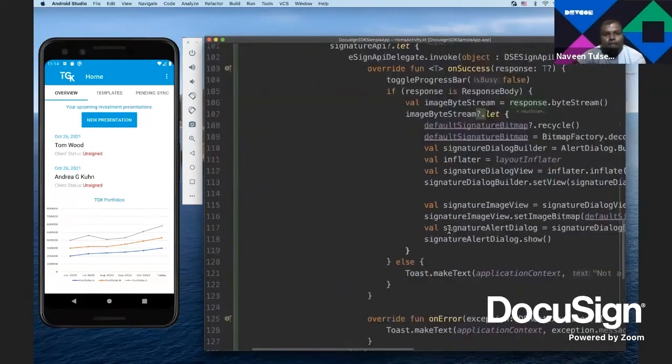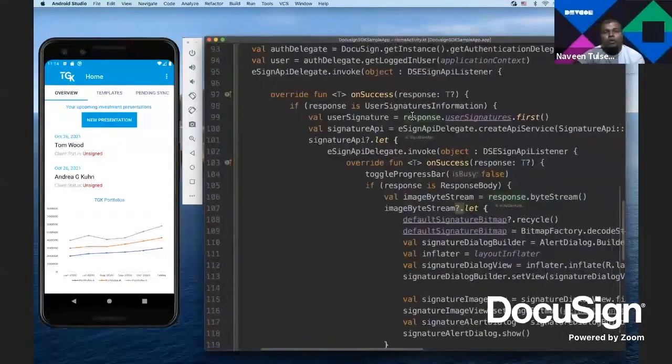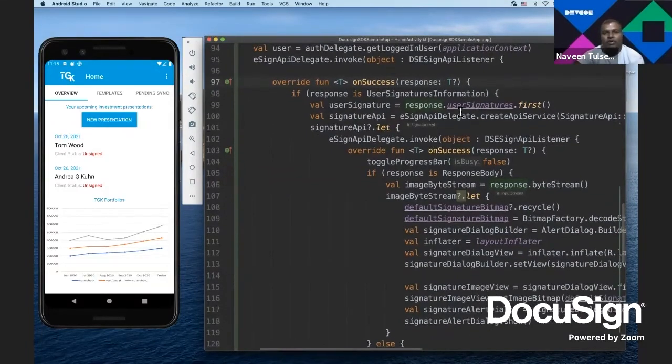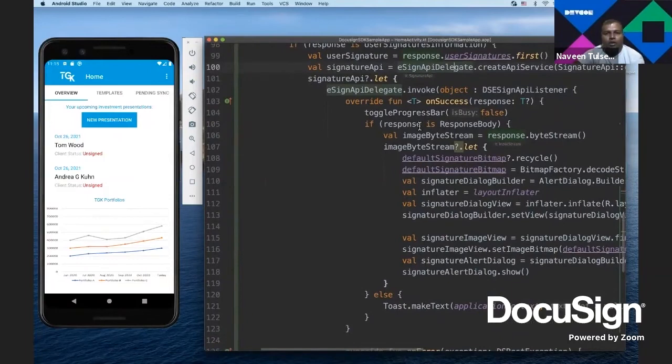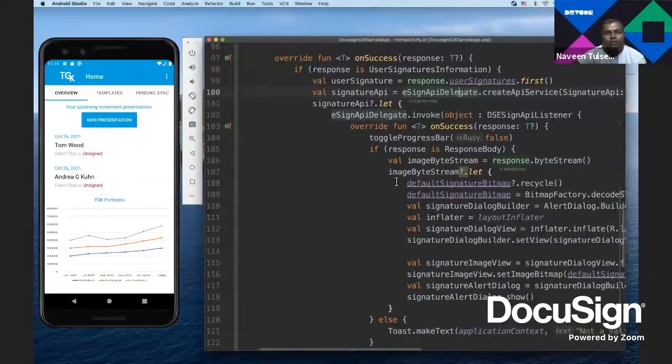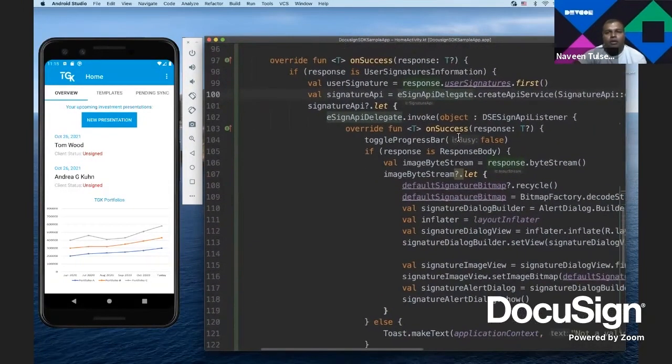And so you'll be able to keep track of the API status in the callback. In this case, you will receive an on success callback with the response in it. In this case, we are fetching the signature. So it retrieves the signature information here. And once the signature is retrieved, get the response body, and then you can display it in the bitmap as we have seen here. But this is an example to show how we can use the eSign REST API and get